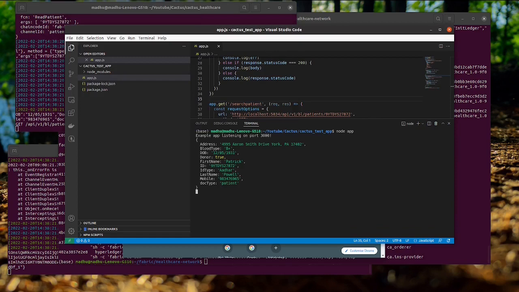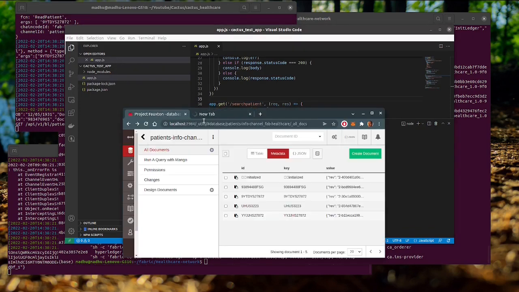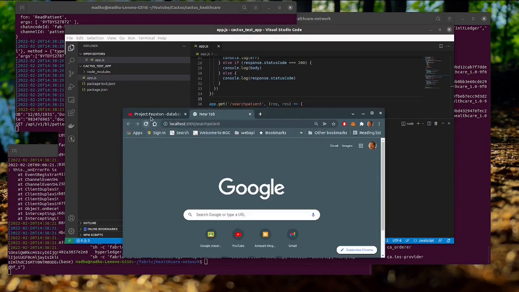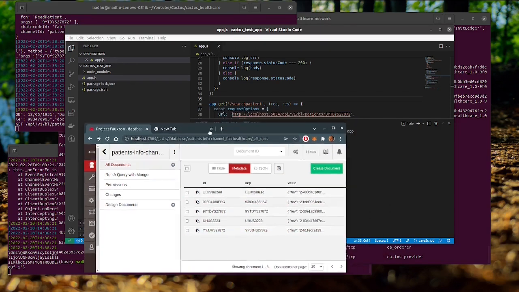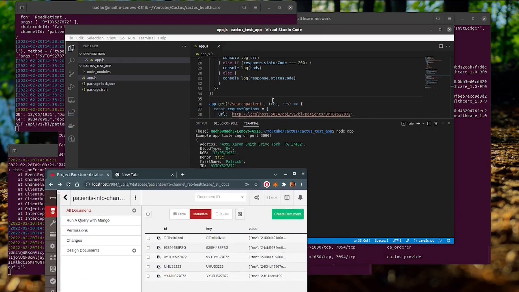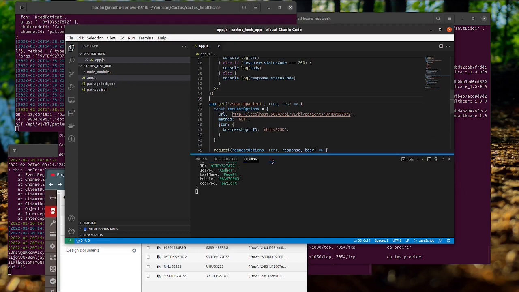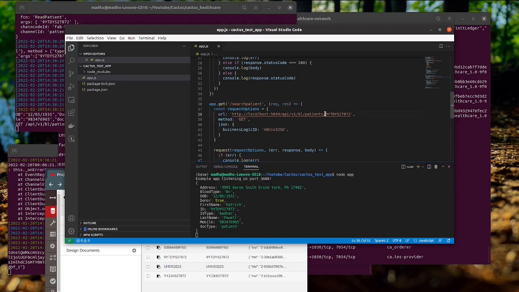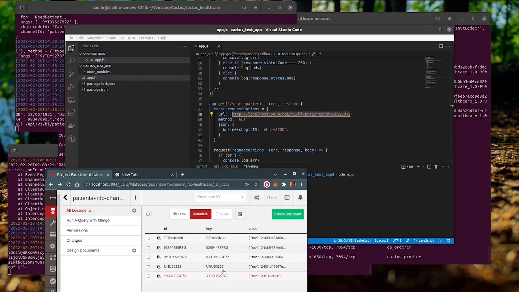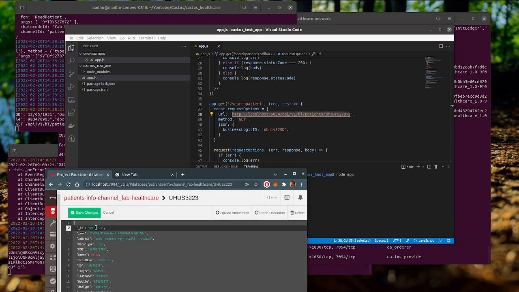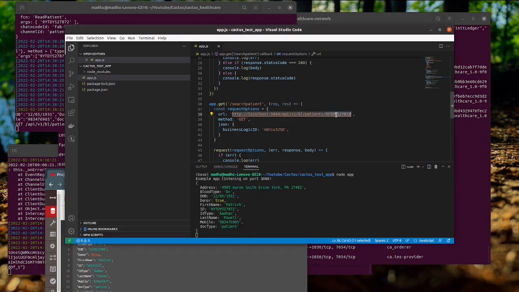Let me open that. Okay, here. So now we have passed this ID. For search patient we have used this ID. If I change this ID, I am giving another ID here, and now restarting my server.